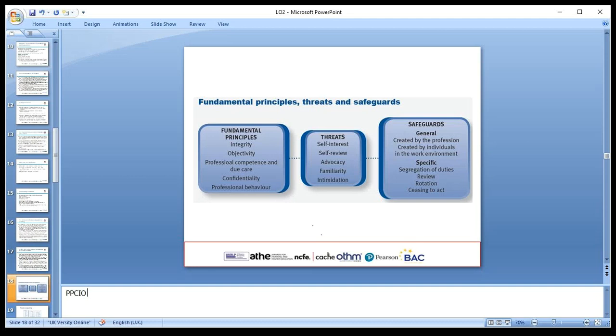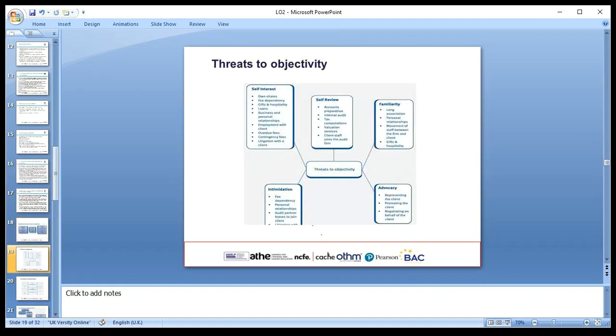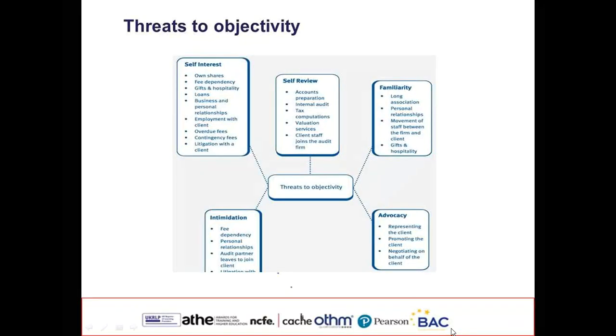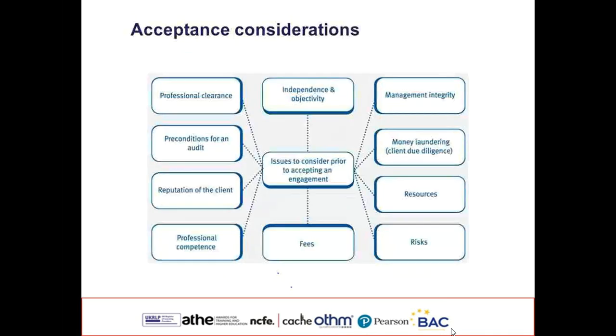So for safeguards, we need to draw up safeguards such as individual environment segregation and rotation. The same person will not work on the audit every year. Maybe we'll send a new person from our audit firm to do the audit, so they don't become close. Next, if we have a threat, audit objectivity can be compromised: self-interest, self-review, familiarity, advocacy, and intimidation. We discussed that in one of the other lessons as well, yes. And these threats we need to try to minimize, to reduce them in the audit.